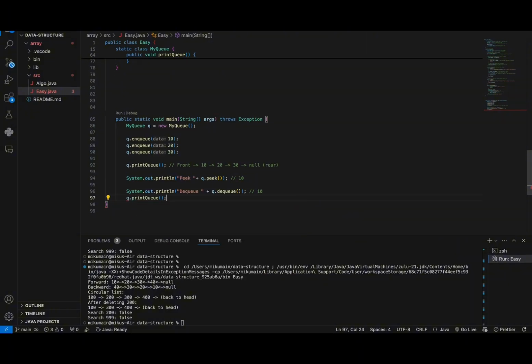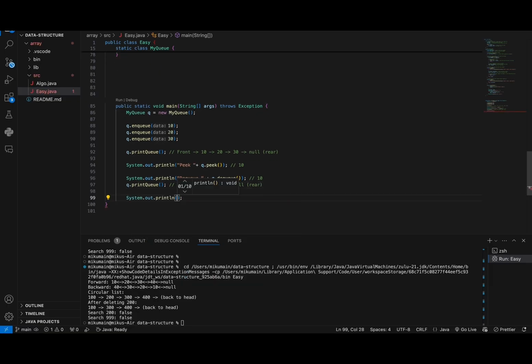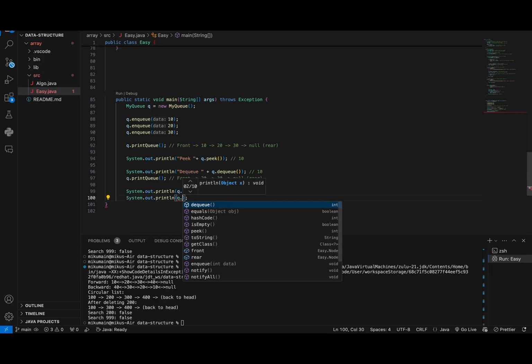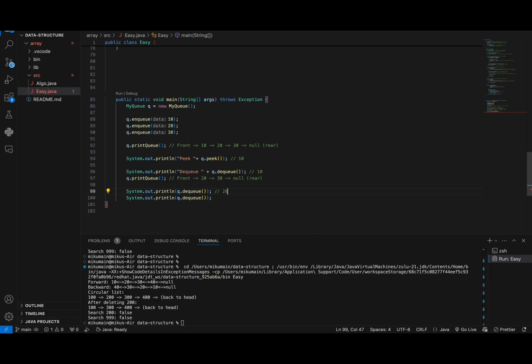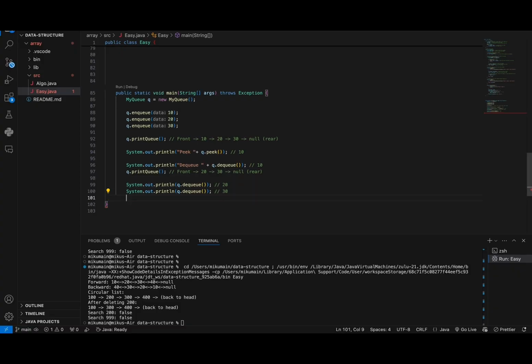Now, if we do print it out, it should show front being 20, 30, and then null, which is the rear. Like that. Now we're going to dequeue the rest. So I'm not going to write it out, just kind of think of it. We're going to dequeue that and then dequeue again. So this one will dequeue 20 and this one will dequeue 30. And when that happens, we're going to write out one more. And just to check, is the line empty or not? Is it empty? Question mark. And we put q.isEmpty. Now with this one, it should print out true. So